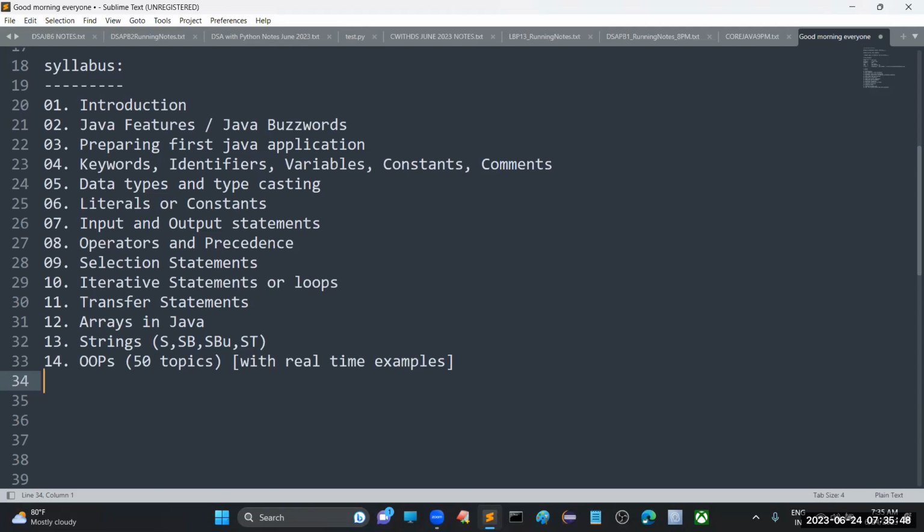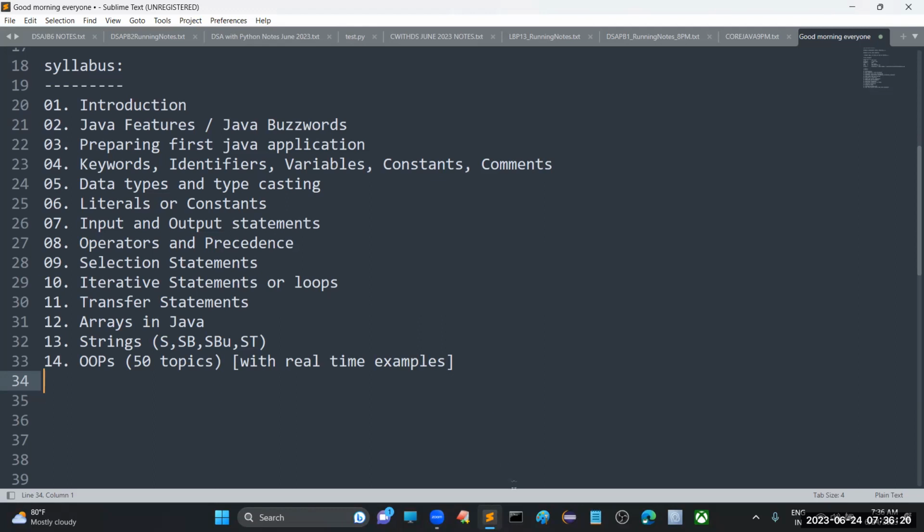For example, if your parent has a habit of walking daily, the same habit will be given to the child. And if your parent is working as a doctor, some children also will become doctors. Suppose your parent has 20 crores of property, by default that will be available to the child. So parent and child we can consider as a best example for inheritance, and the same for data abstraction,